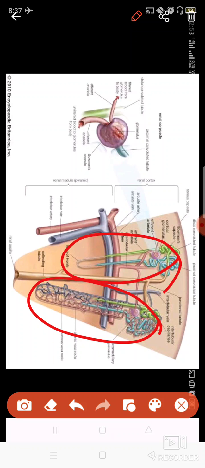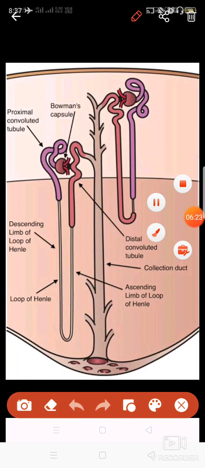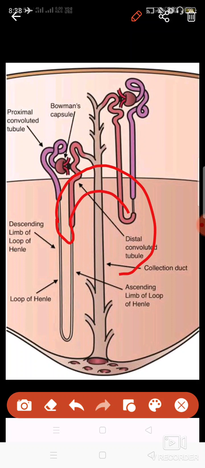Now let me show you a neat and clean diagram of a nephron. So this is the structure of a nephron. One nephron is like this. It basically has three, or you can say four, parts. First one is Bowman's capsule. Then this is the first beginning part of this nephron, and this Bowman's capsule is a cup shaped structure in which many